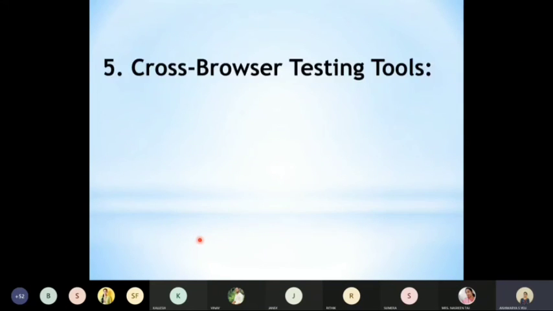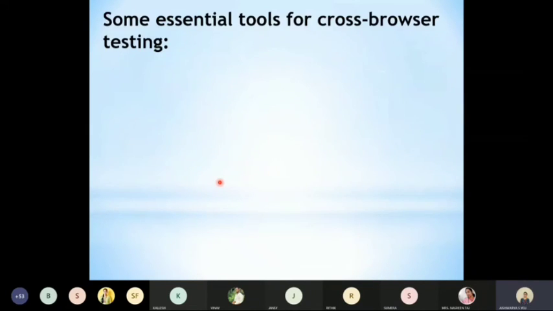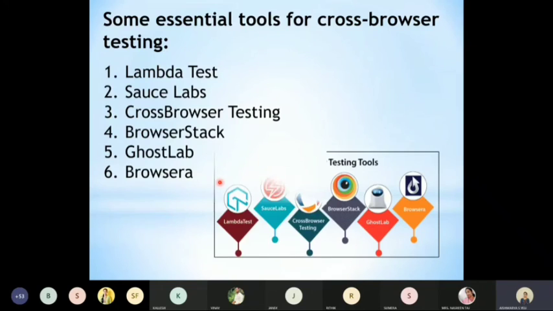And next comes cross-browser testing tools. When we have to test our application on multiple browsers, we need cross-browser testing tools. These tools help us to ensure that our web application is working fine across the various browsers. These are some of the web cross-browser testing tools. LambdaTest is a cloud-based tool with which we can test our web application on the latest browsers.